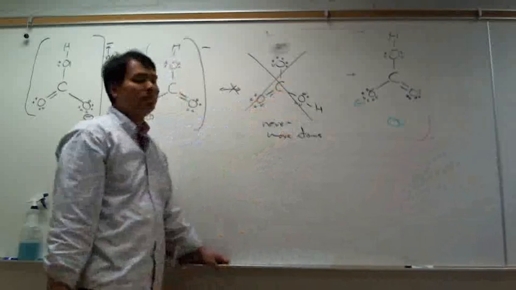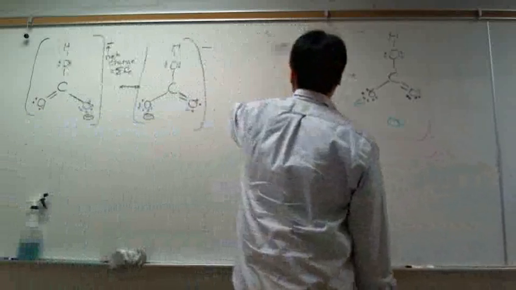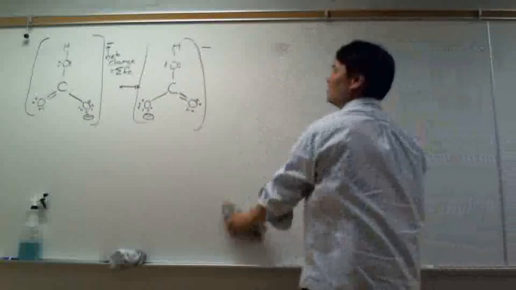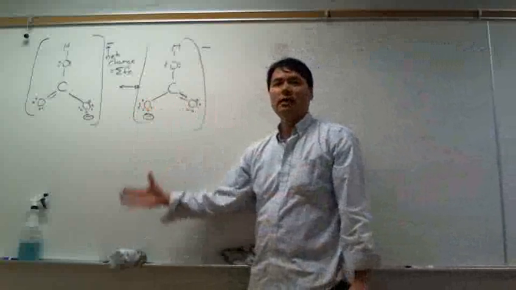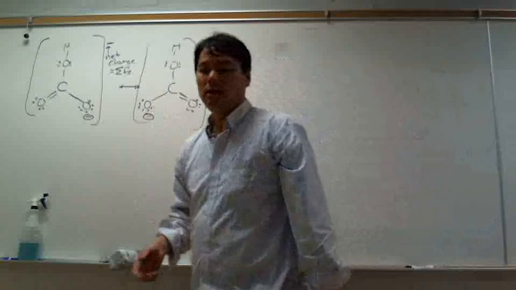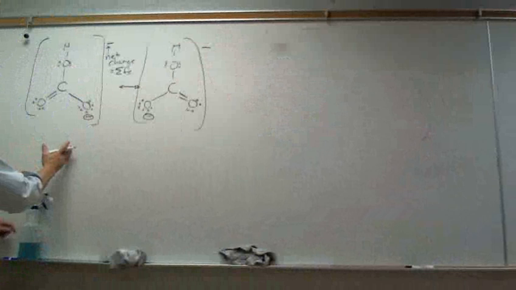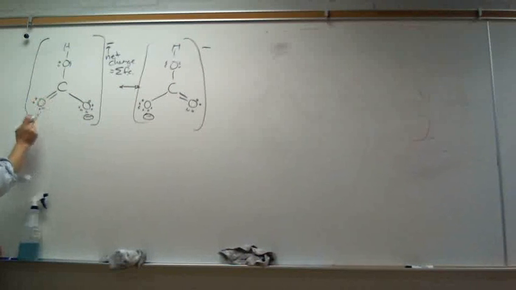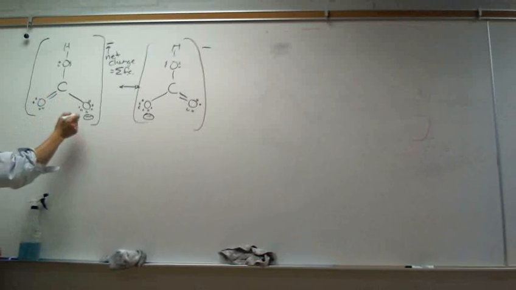And they end up drawing way more structures than they're allowed. Because the whole purpose of resonance forms is to see how the electron cloud can distribute itself in the structure. And when we see two resonance forms like this, this is how the electron cloud distributes itself. We can see that we could have the double bond over here. When we have a double bond over here and a single bond over here, actually what we could do is